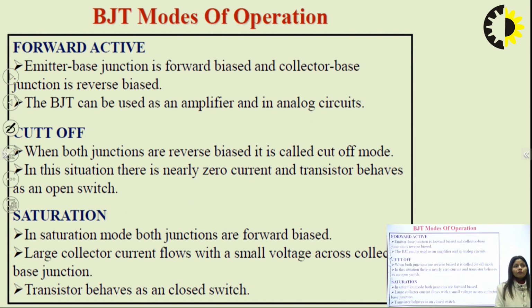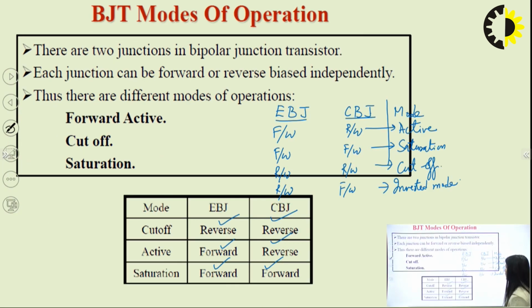Now coming to the forward active mode. Forward active is when the emitter base junction is forward biased and the collector base junction is reverse biased, as simple as that. The BJT can be used as an amplifier. The application of the active mode, what it has been said is,